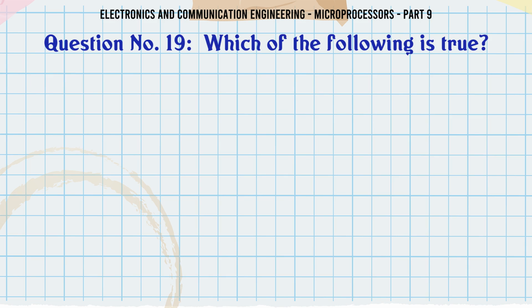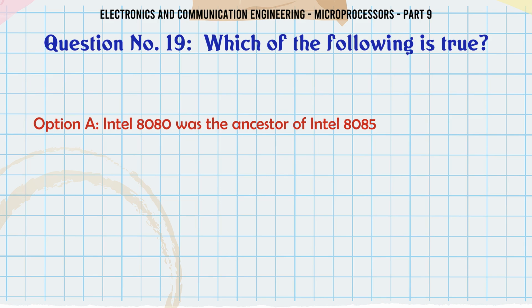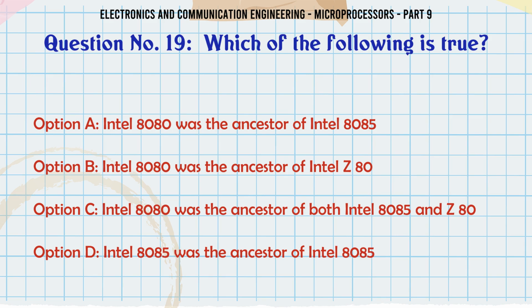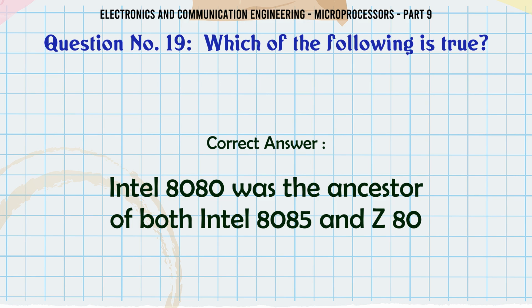Which of the following is true? A. Intel 8080 was the ancestor of Intel 8085. B. Intel 8080 was the ancestor of Intel Z80. C. Intel 8080 was the ancestor of both Intel 8085 and Z80. D. Intel 8085 was the ancestor of Intel 8085. The correct answer is Intel 8080 was the ancestor of both Intel